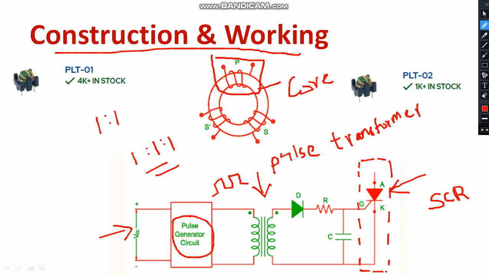The importance of the diode is that it conducts the current only in one direction. It prevents reverse current to the gate. And the resistor is going to adjust the holding current of the SCR. I will discuss what a holding current is. The minimum current at which the thyristor remains in the on state is called the holding current. If the anode current comes below the holding current, the device will turn off. And the capacitor C maintains the coupling of the two stages.